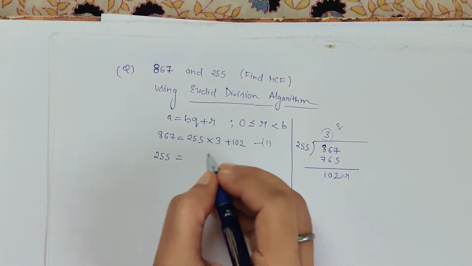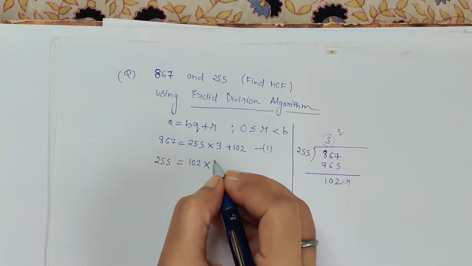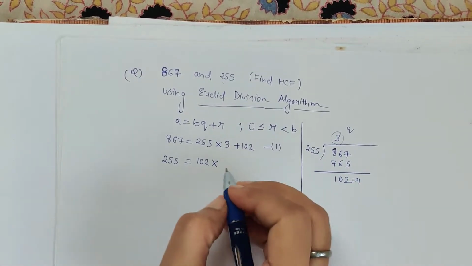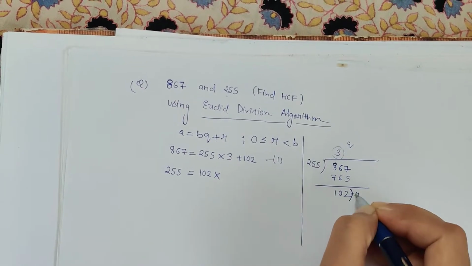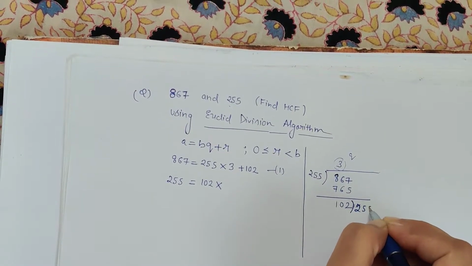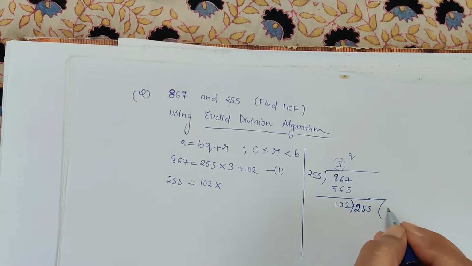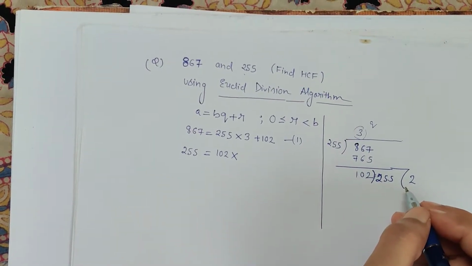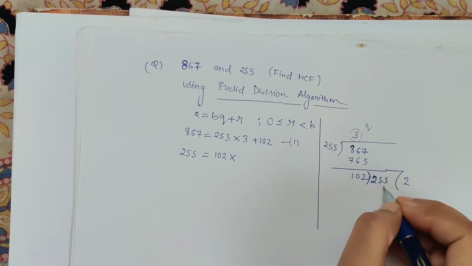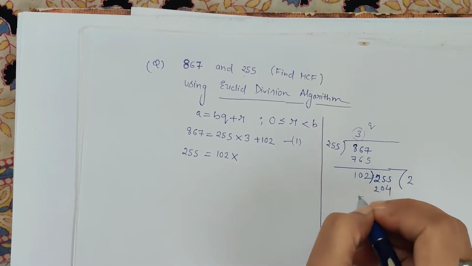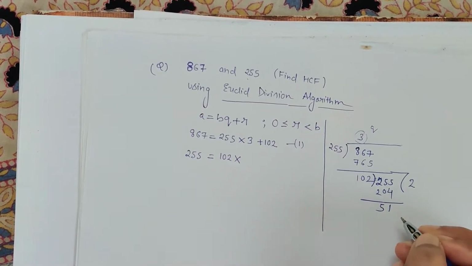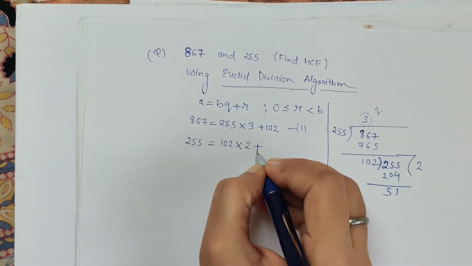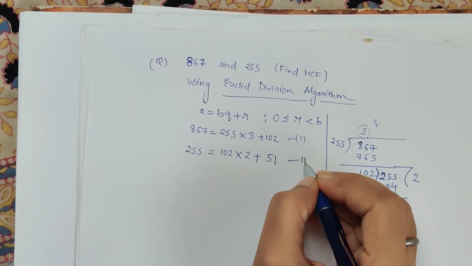and my new B will be 102, and again I have to think by which number I should multiply so that I get a number equal to 255 or less than 255. So that thing can be done here. 102, I have to divide 255 here, isn't it? So if I multiply it with 2, it will be satisfactory for us. So I get 204 and the remainder is 51. So the another quotient we have got is 2 and the remainder is 51. So this is my another step, isn't it?